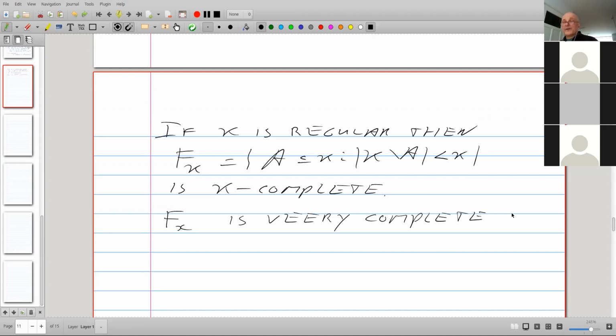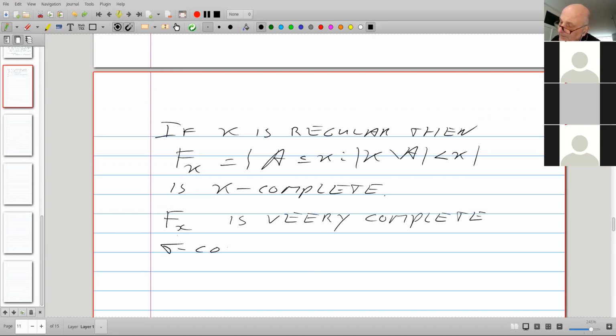There are filters that are really complete, but those are the fixed filters. If you have an F_x, an ultrafilter, no matter what subfamily you take, the intersection is in the filter because it contains the point x. So that is not really exciting.